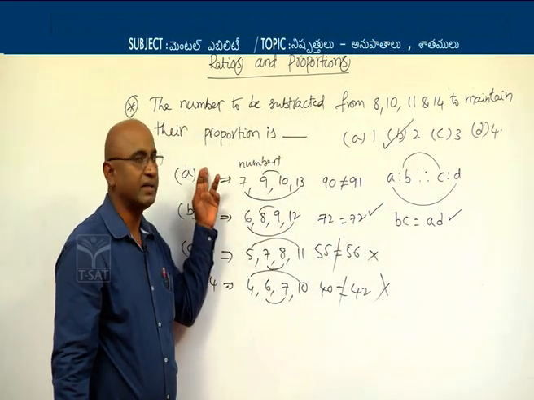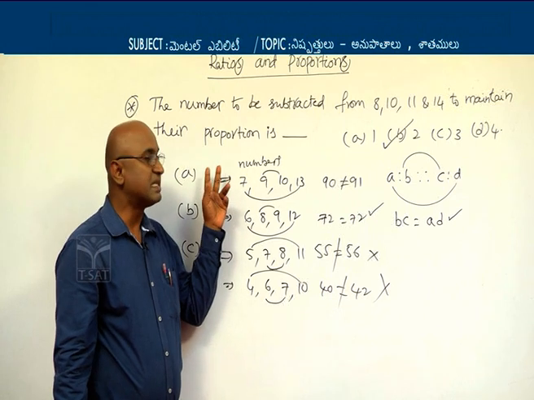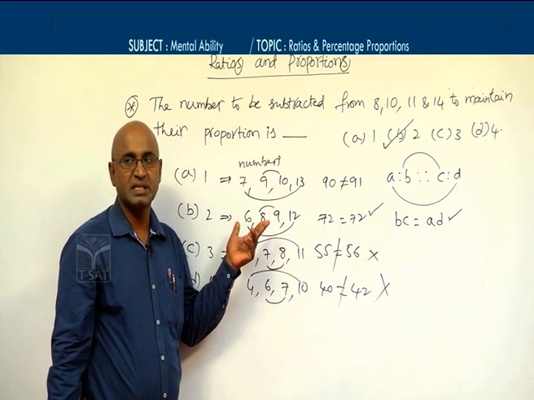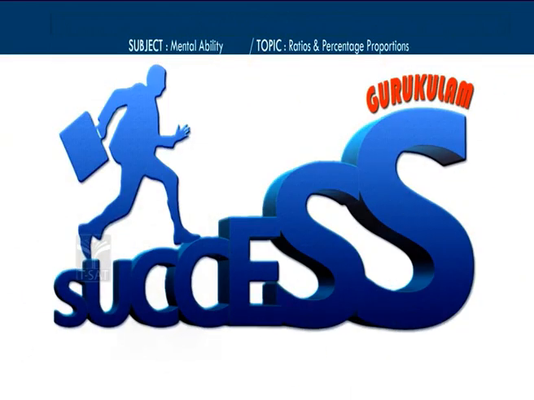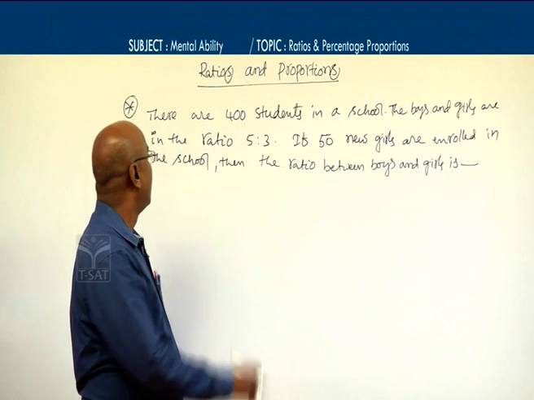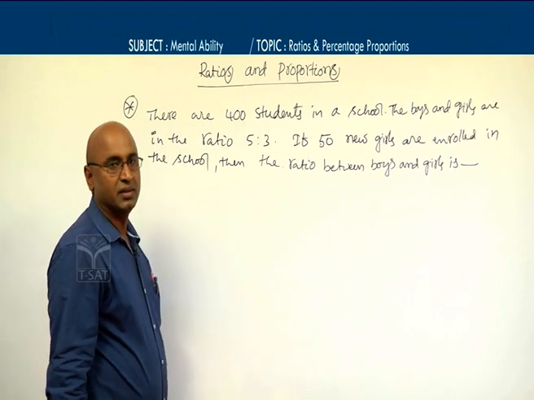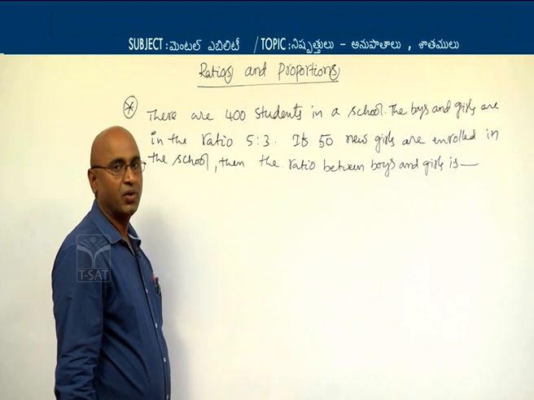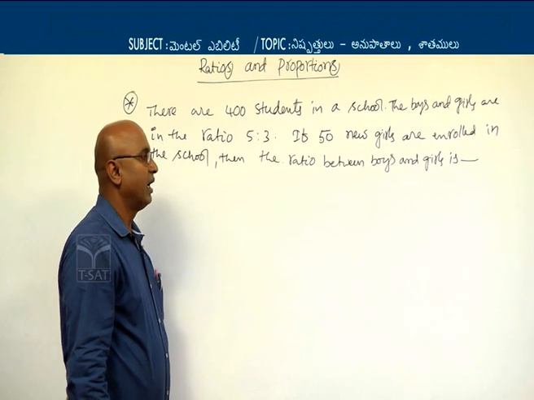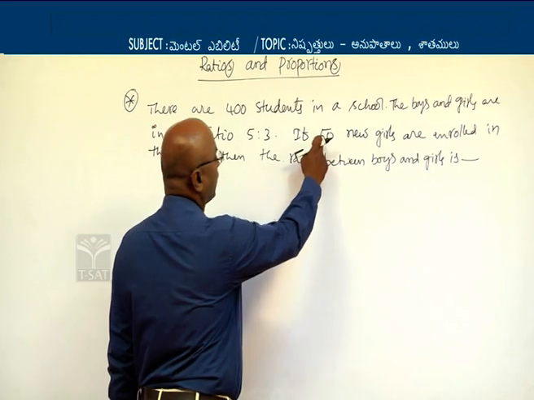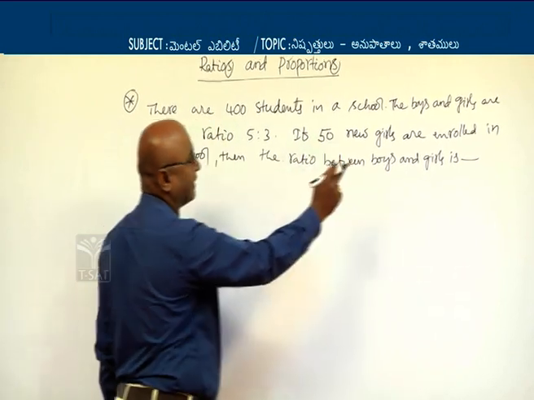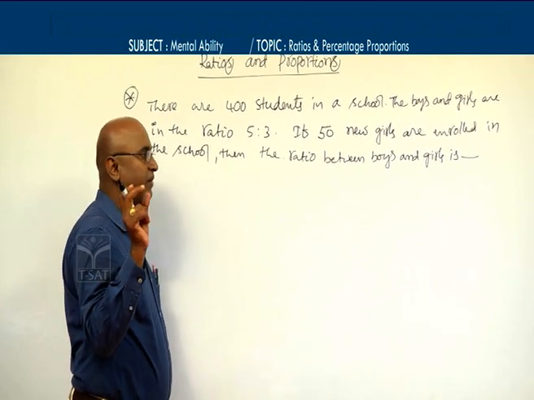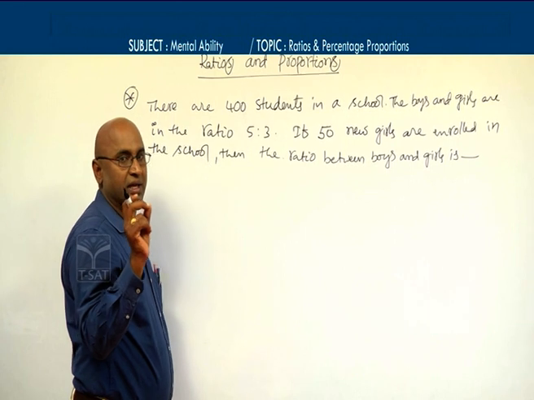So in order to find out whether they are in proportion, we must check that BC equals AD, that is nothing but the product of means is equal to the product of extremes. Now the next problem is, there are 400 students in a school. The boys and girls are in the ratio 5:3. If 50 new girls are added or enrolled in the school, then the ratio between boys and girls is,